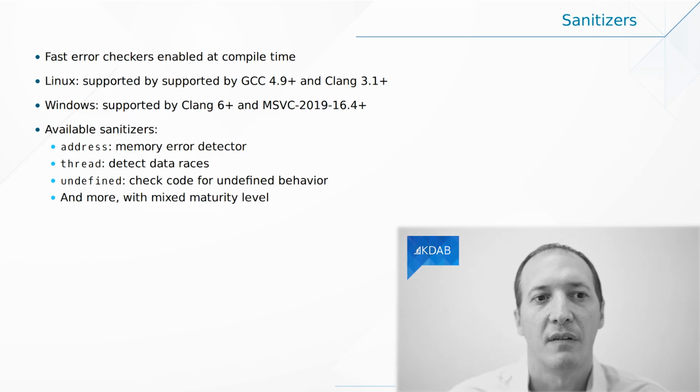It is part of your compilers if you're using GCC or Clang on Linux, or if you're using Clang or Visual Studio on Windows. And you can find the actual version numbers here on the slide. And there are 4 types of sanitizers. The address sanitizer, which will tell you about all of the memory usage issues. The thread sanitizer, which is extremely good at telling you about race conditions in particular, which is something that's really hard to detect otherwise. The undefined sanitizer, which tells you if your code does some undefined behavior. And then there are some additional sanitizers being developed for things like uninitialized memory, for instance.